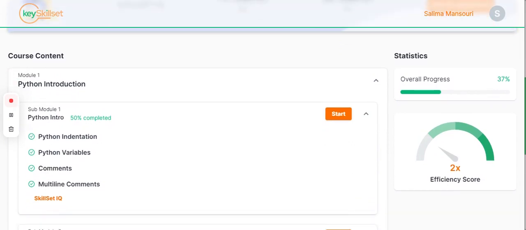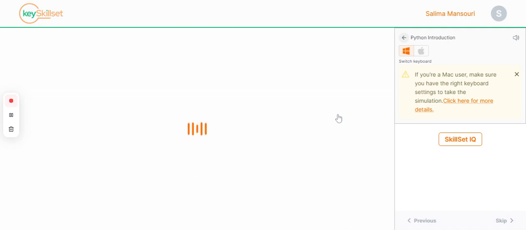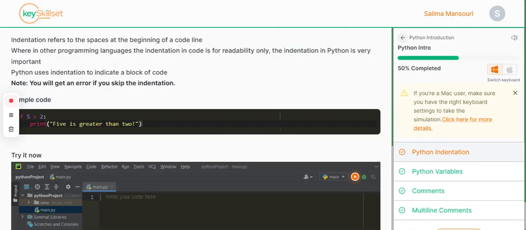The first module is Python Introduction. The first submodule is Python Intro, so we can click on Start to begin the introduction. For the first task, we have the Python indentation. Now read these instructions